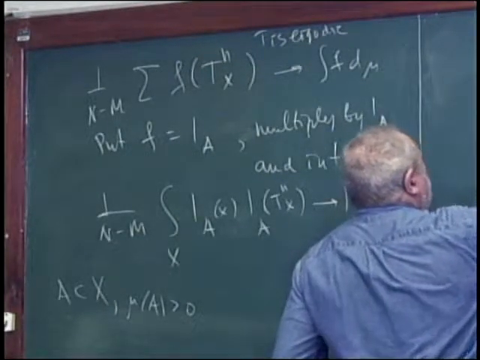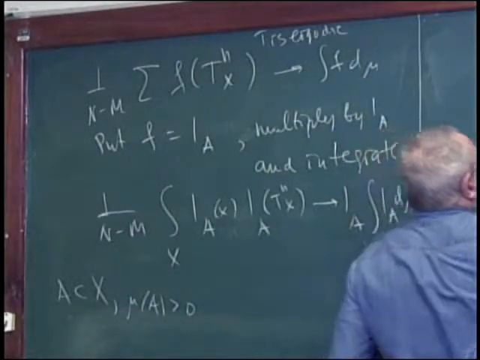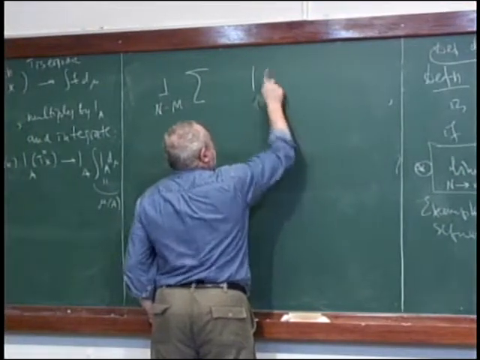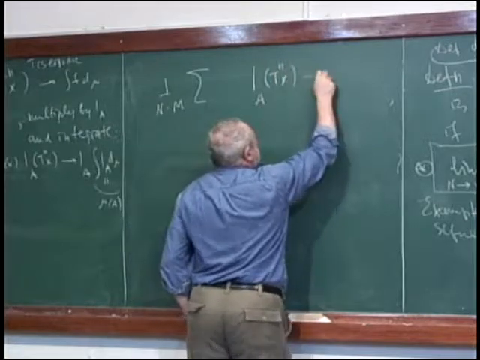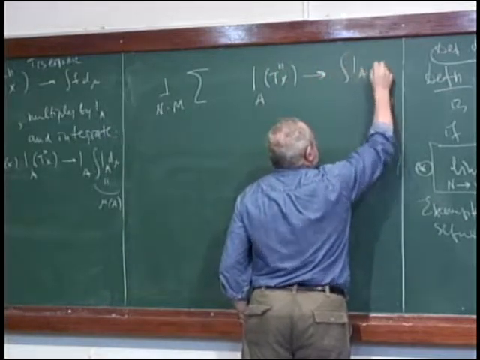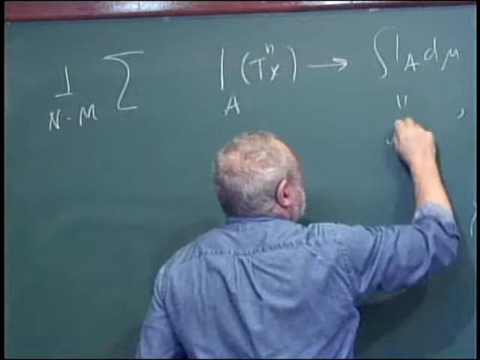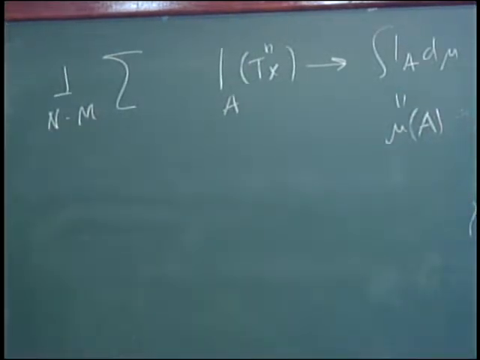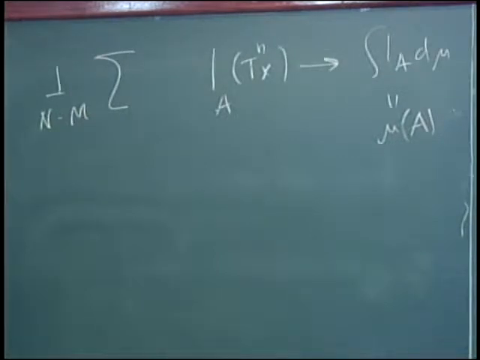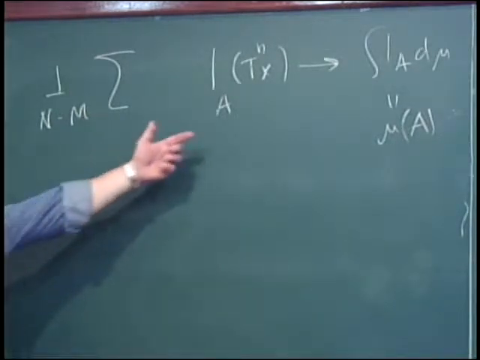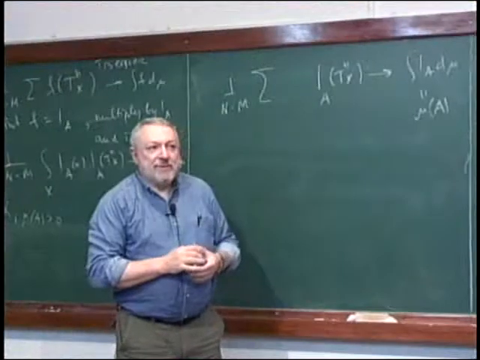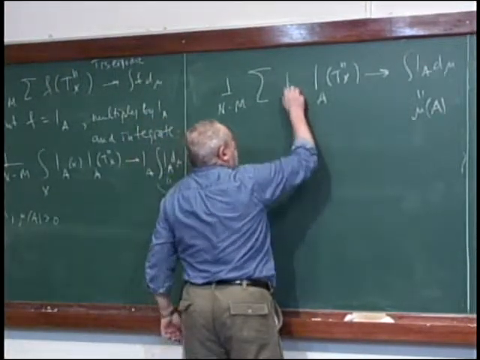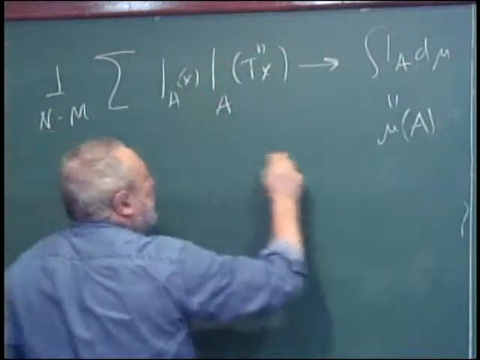One over n minus m, integral, not integral yet, 1 sub a of t and x converges to the integral of 1 sub a d mu, which happens to be mu of a. What is not clear about this? I just substitute a very special function instead of f. Are we okay? And now I can still multiply by 1 sub a and